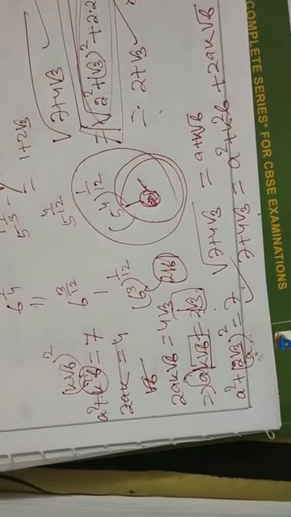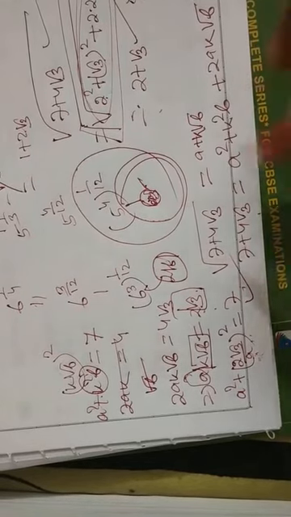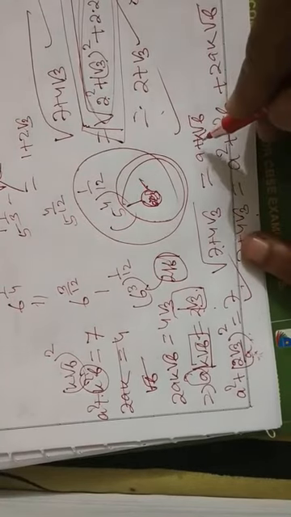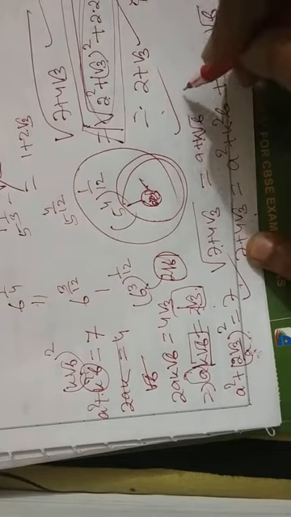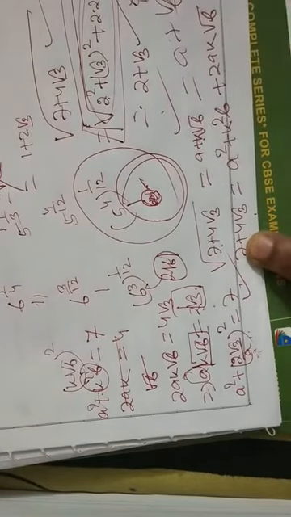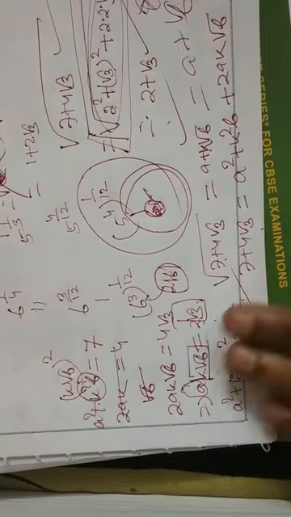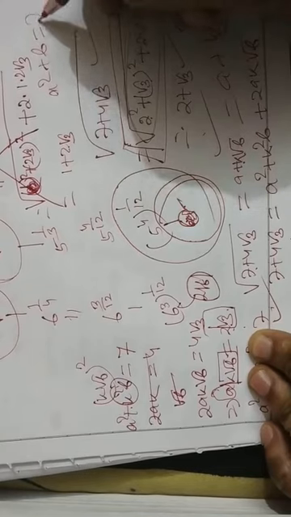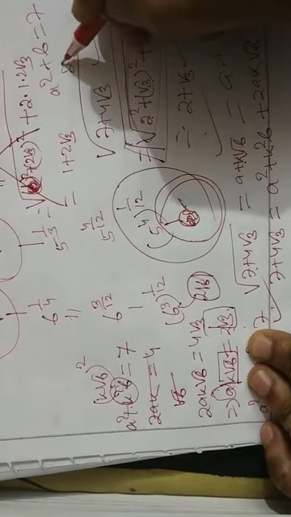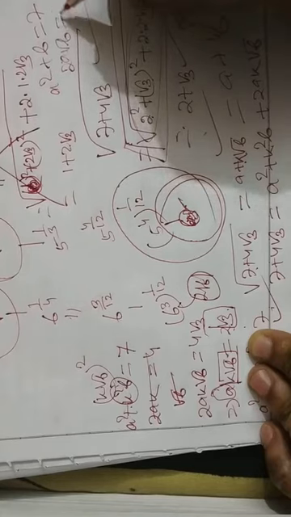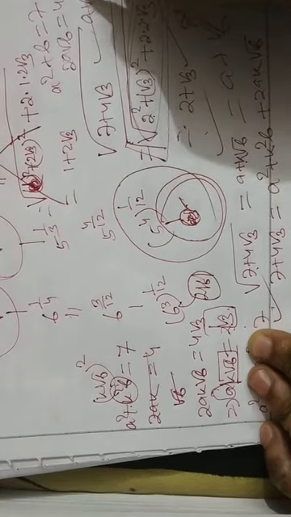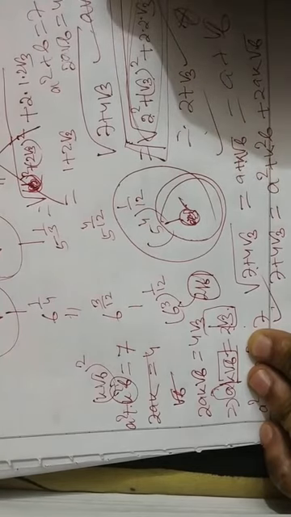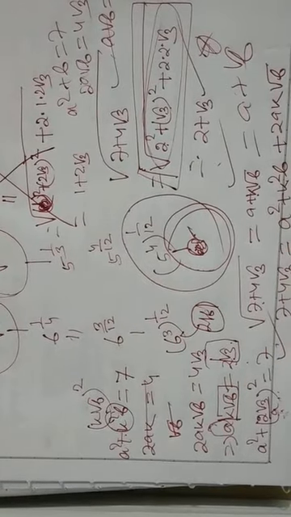Don't take the plus minus sign because we deal with the square root. The result is always positive. And it is easier if you don't take k here. If you write this as a plus root b, then it will be more easy. How more easy? You shall get a square plus b is 7 and 2a root b is 4 root 3, or a root b is 2 root 3. So a is 2, b is 3. Very simple. Okay?